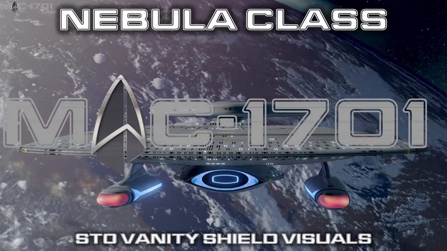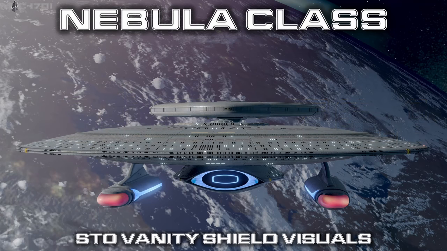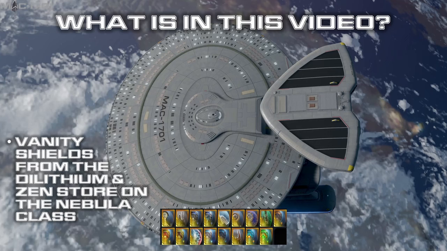Everybody keeps saying they want to see a legendary version of this ship, so I thought I might as well do a quick visual video on it. So I'll be looking at the Vanity shields from the Dilithium store. These are available during certain events of the year, and also currently the only shield available in the Zen store